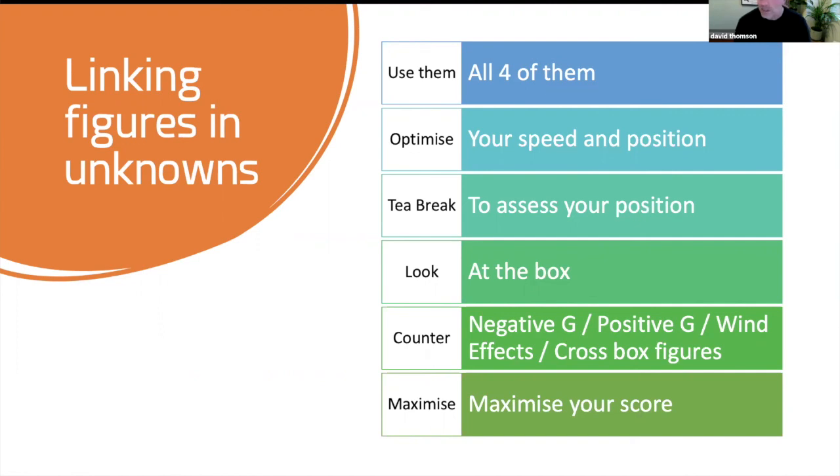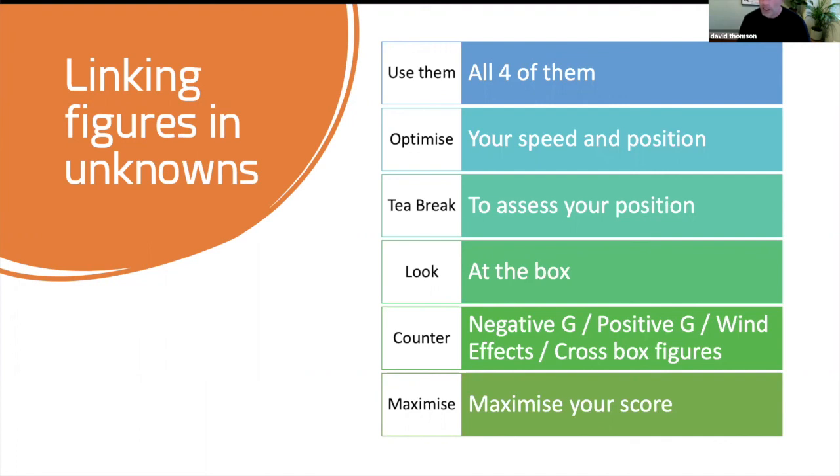We get four linking figures that enable us to link the 10 proposed figures. And for me, I use all 4 of those figures as much as possible. I use them to do a variety of different things. I use them to optimize my speed and position in the box at all times. So transitioning from one proposed figure to another,